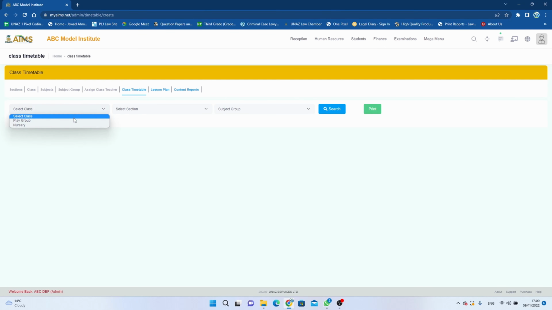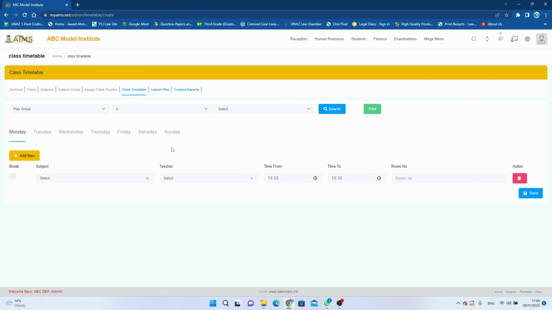And here we need to select class, playgroup, section A, and subject group, which have already been created before. Playgroup general, and search. So here you can see Monday, Tuesday, Wednesday, Thursday. You can assign these days. So select a class, English. By default, you can see all the values here. These are the teachers. If you select a teacher for that particular subject, time